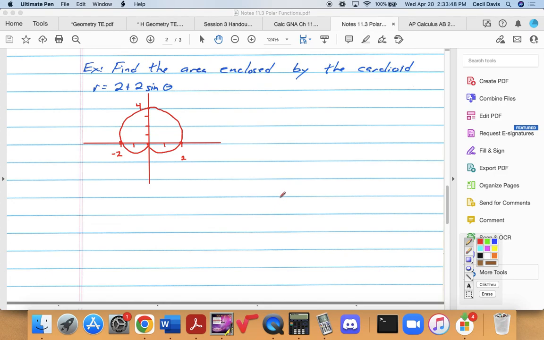So what we can do here to find the area is simply find the area of this whole thing, all the way from 0 to 2 pi. So the area will be the integral from 0 to 2 pi of 1/2 of r squared, so that's 2 plus 2 sine theta squared d theta. Now, I will tell you that on the AP exam, I can't remember the last time they made anyone do any of these by hand. However, I am going to show you how to do this one by hand